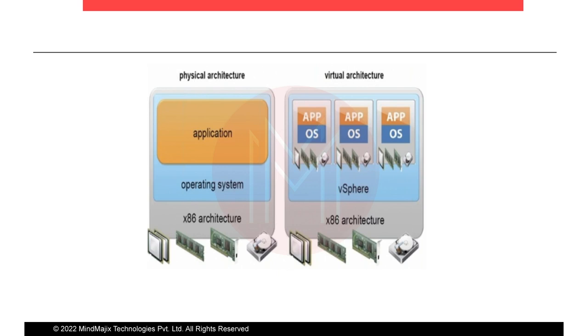So when it comes to virtual architecture, on top of bare metal, you install the ESXi hypervisor. ESXi hypervisor is nothing but an operating system. It's a Linux based operating system that provides virtualization capability to manage your servers. Now, when you have the ESXi installed, you can create multiple VMs. As per VMware maximums, on one ESXi server, with a minimum configuration of one CPU, 1 GB of RAM, and 1 GB of storage, you can create up to